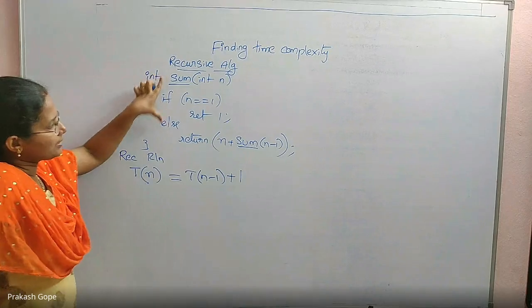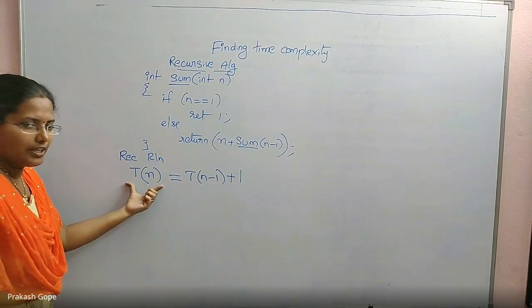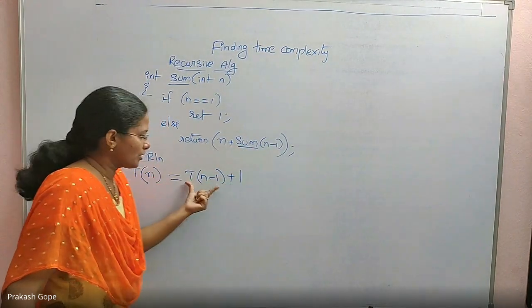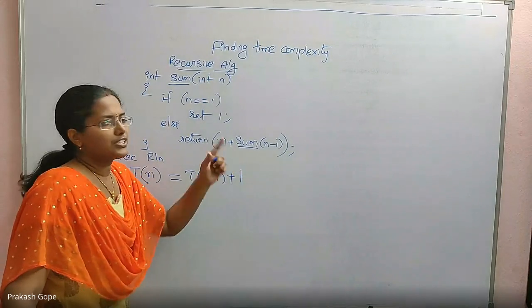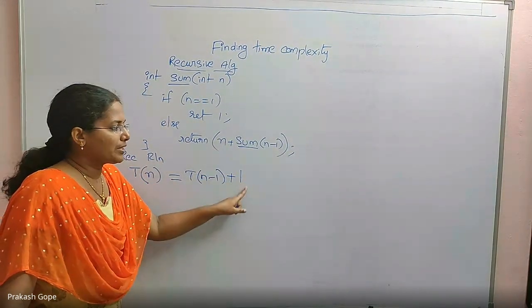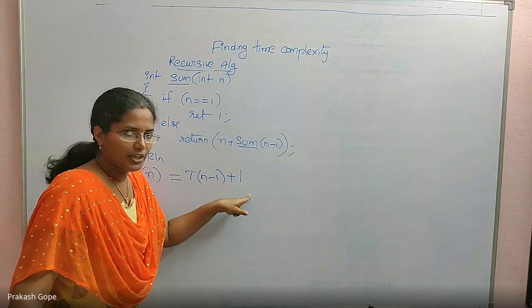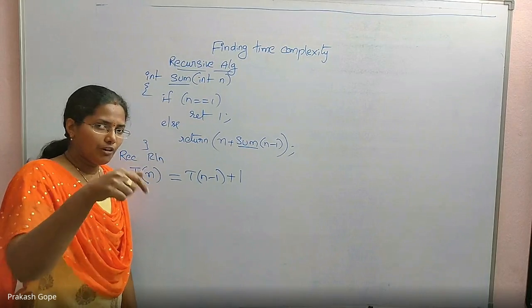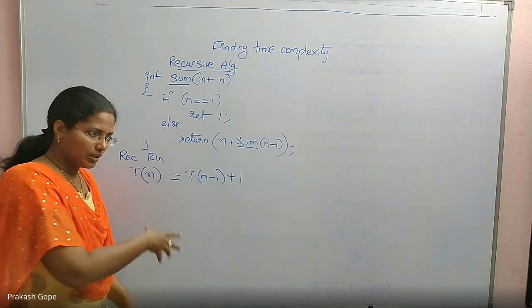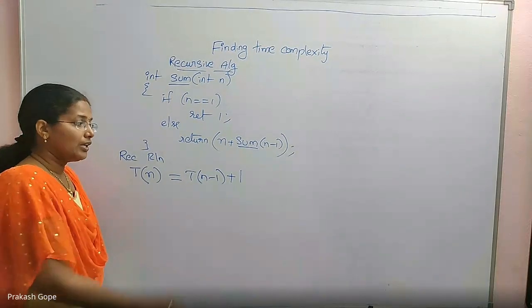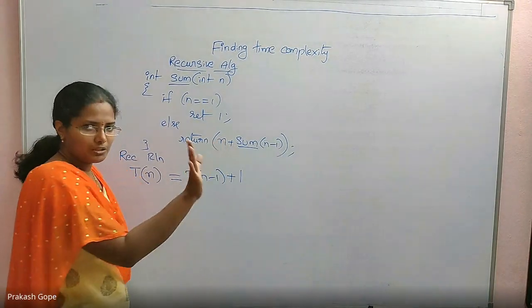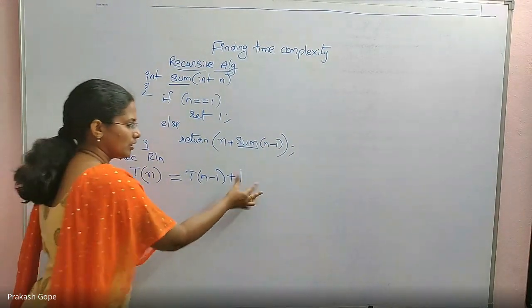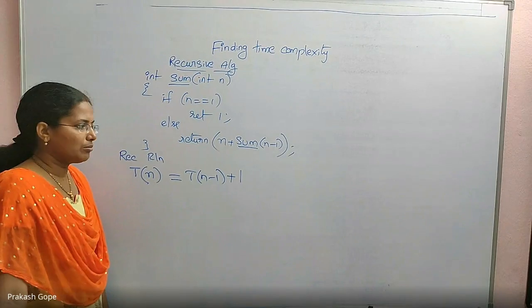When I asked you what is the time taken by the sum function when n is passed, your answer is the time taken by the same function when n minus 1 is passed plus some fixed amount of instructions. Please do not write plus n, because here it is plus n. That is wrong, because we are interested in the time taken, not the value returned. The recurrence relation for the value returned we will discuss again. But for the time taken, it is just one arithmetic operation, which means one fixed instruction. That's why plus a fixed number of instructions.